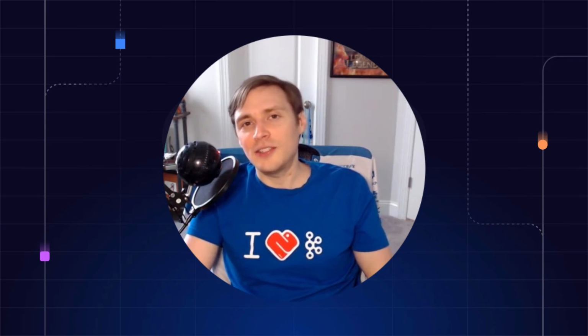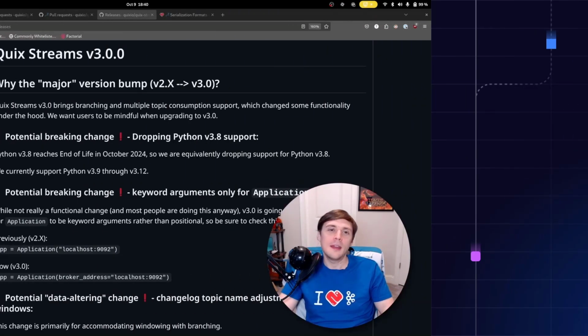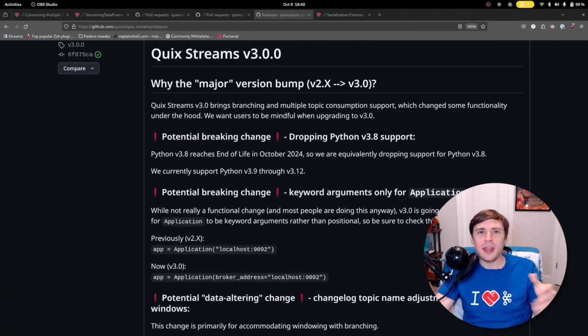But with that, let's go ahead and dive right into 3.0. So the first thing that probably goes through your mind with a major version bump is, why the major bump? Well, for 99% of cases, upgrading should be absolutely seamless. All the functionality should remain the same, but there are some things that I do want you to be